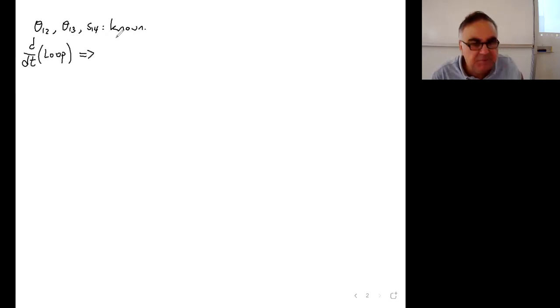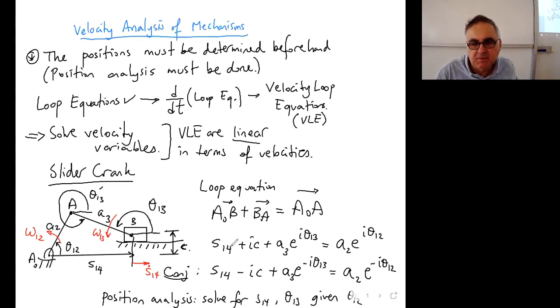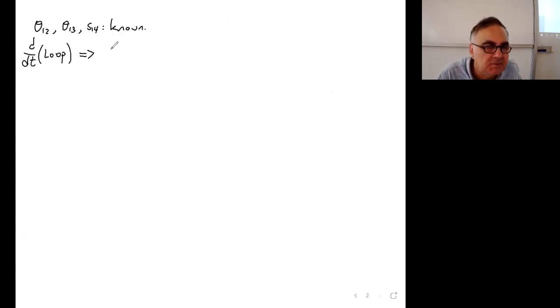And it will give us the following. I'll just take the derivative of this equation, okay? S14 plus IC plus etc. It will be the following. It's in a different page, but you can follow. It is S14 dot. There is IC, but the C term is a constant, so it doesn't enter the equation, plus